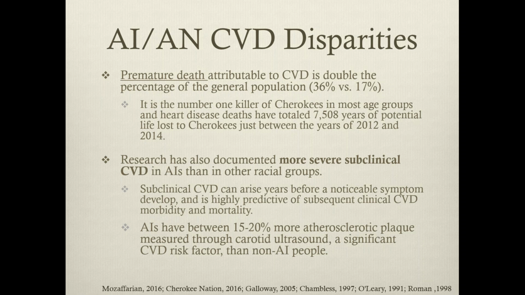Also, in subclinical research, that's the data that tells us what's going to happen before it happens, being able to predict heart disease. Native people have 15 to 20% more plaque measured through carotid ultrasound, which is a significant CVD risk factor. So even being able to predict heart disease in Native people,